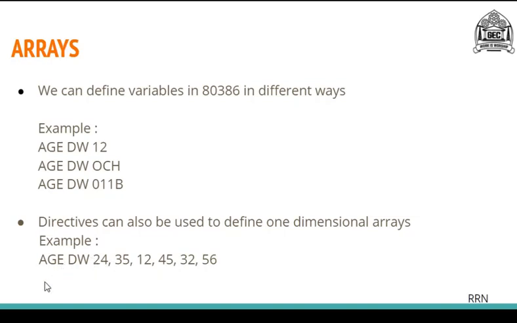First give the name of the array. Here it is a user defined name which I have given as age. After that give the directive associated with that particular array variable, meaning the size of each item. Here it is DW, meaning the data is of word size, 16 bits. And after that give the content of each item in the array. As you can see, we have 6 items in our array and each item is a double digit.